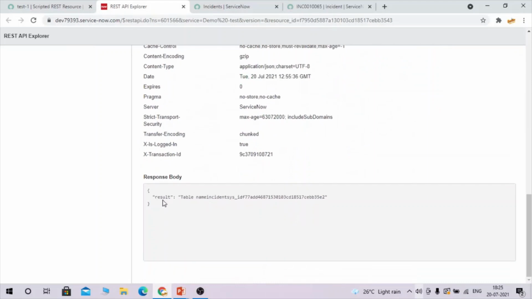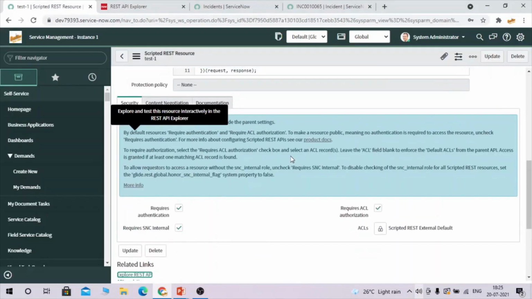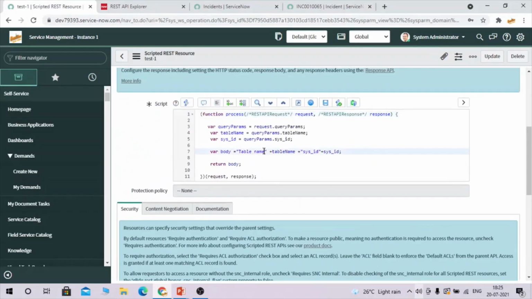you could see here in the result this sysID. Okay, I have not given any space, so let me give that as well. Okay, and sysID.